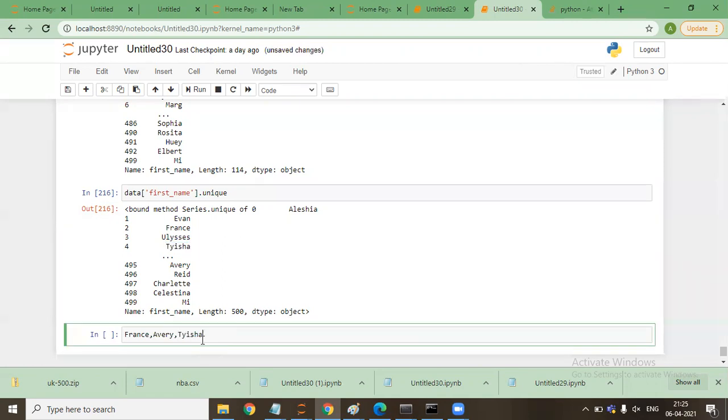So how can I write a statement? I wanted the names to be Friends, Every or Tisha. How can I write this?